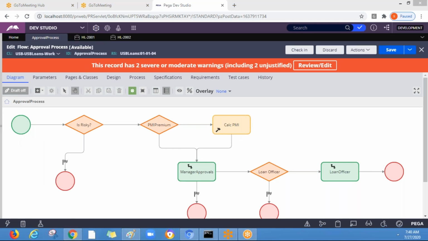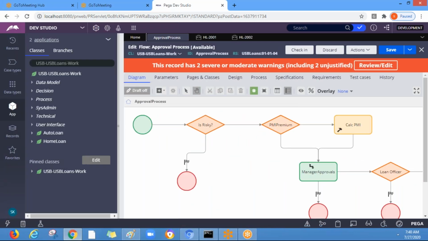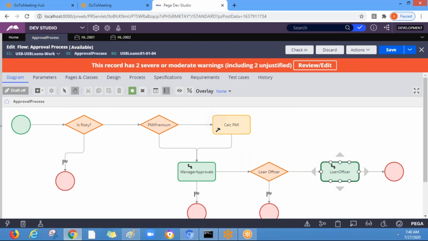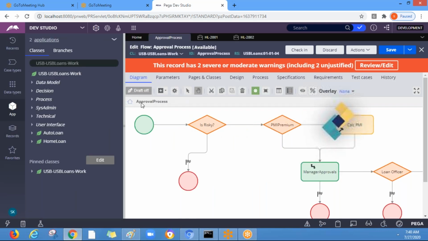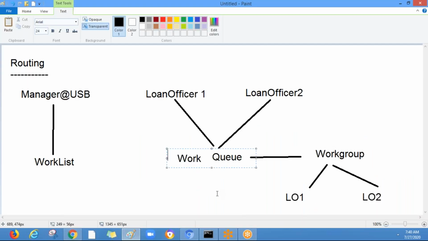So now, as part of the loan officer approval, here we will put work queue. For that, we need the new operators, right? So let's create the new operators called loan officer 1 and loan officer 2.